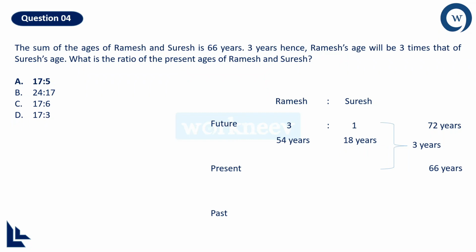Then what will be the ratio of their ages at present? The ratio of their ages at present will become 51:15, but this is not in the simplified format. You have to simplify it with the table of 3. Upon simplifying, you will get the answer as 17:5. I hope this question is clear to everybody, and with that said, let us move on to the last question